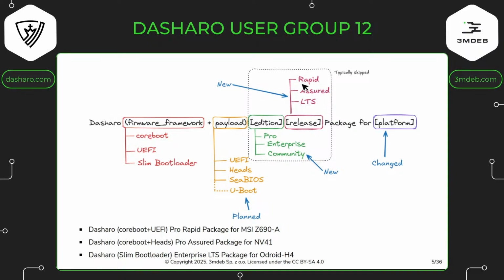Then we introduce a section which will distinguish a level of validation: rapid, assured, and LTS. So typically right now, almost all releases were LTS, so very extensive testing cycle. But we are adding two new areas of testing. So rapid is very minimalistic testing. I mentioned it last time. Call it non-LTS, where we have essentially 10 to 13 tests, kind of the way Mr. Chromebox does it. He does very simple tests because he doesn't have enough time for doing releases for all those devices. He essentially boots, and if it's booting and basic things work, then that means it's released. So essentially, Rapid tries to mimic that kind of